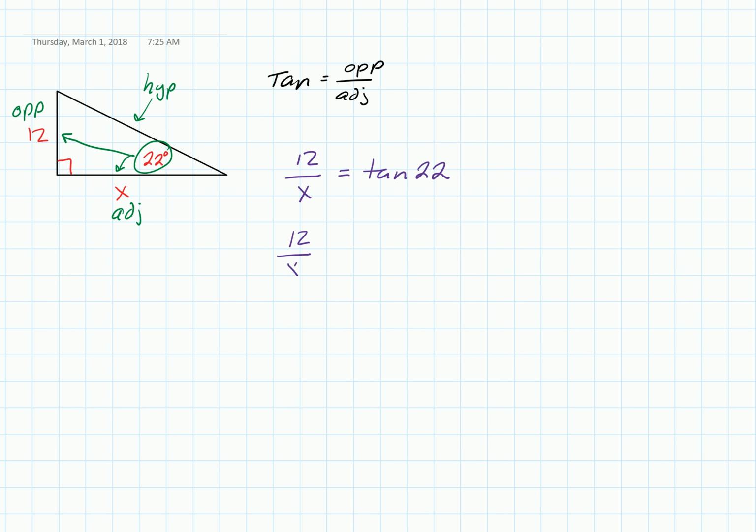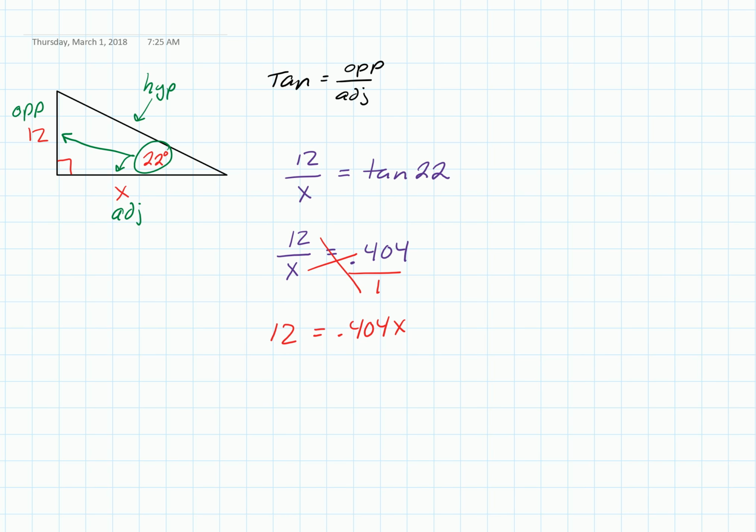So we have 12 over x equals 0.404. And now we're going to use the methods we've learned previously in this course to solve this problem. So we'll throw a 1 under the 0.404 so we can cross multiply. So the 12 is multiplied by the 1 and the x is multiplied by the 0.404. So we have 12 equals